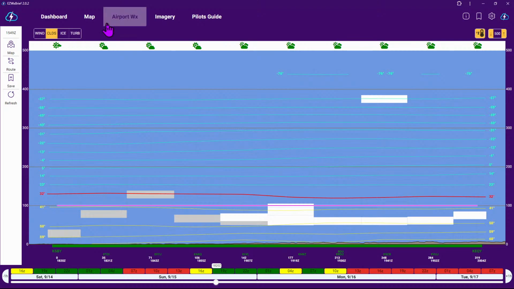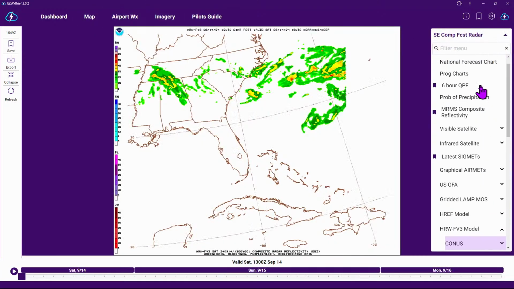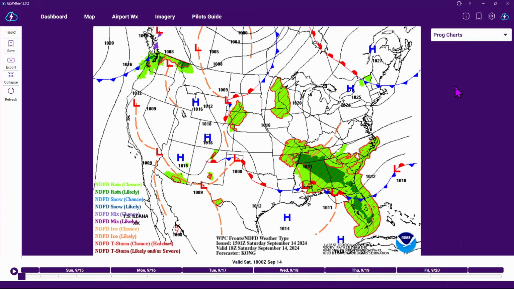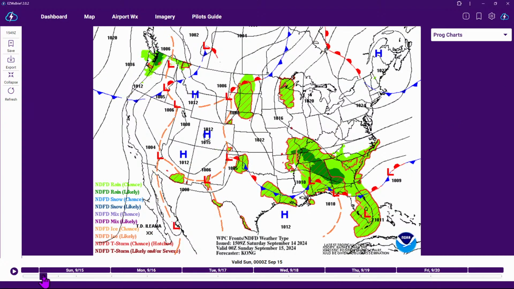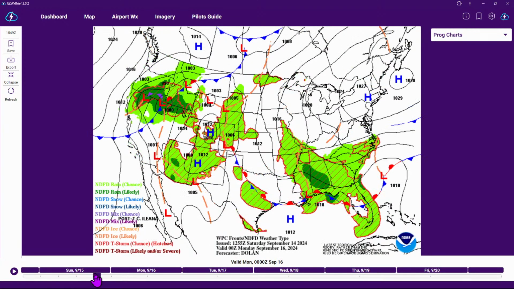Now, let's take a look at the imagery just so we can get kind of the big picture view here. So first of all, let's take a look at those prog charts. And what we'll notice, this time of year, we're dealing with hurricane season and such, but we see a weak, looks like to be a fairly weak cold, pseudo-stationary front showing up there down south. And if we run this over, what you'll notice is that by the time we get to 12Z tomorrow, about the time we plan to try to fly,